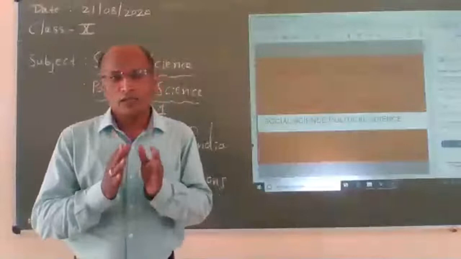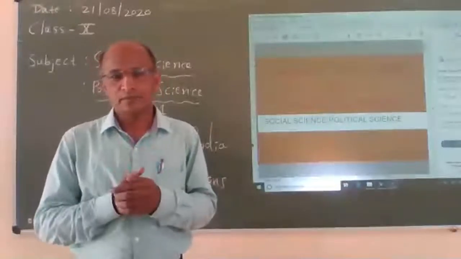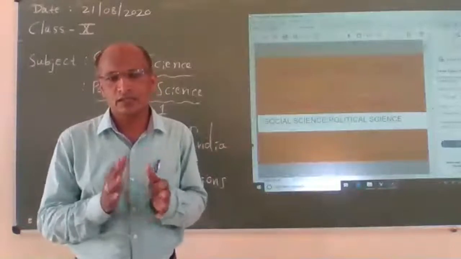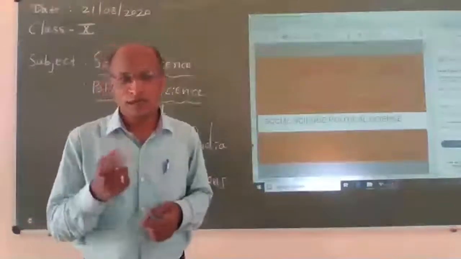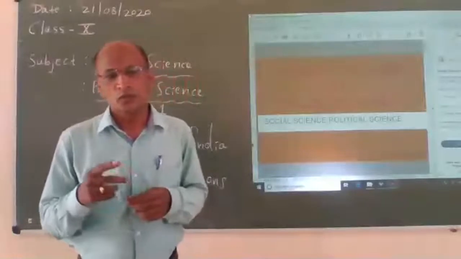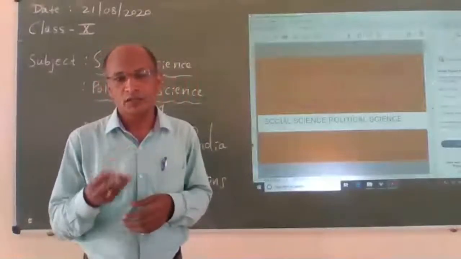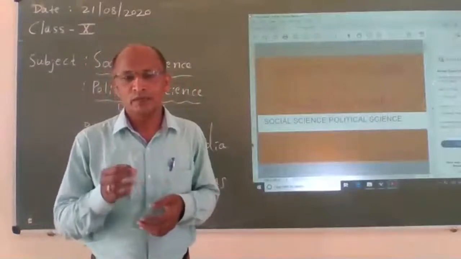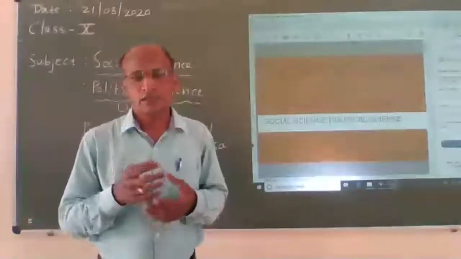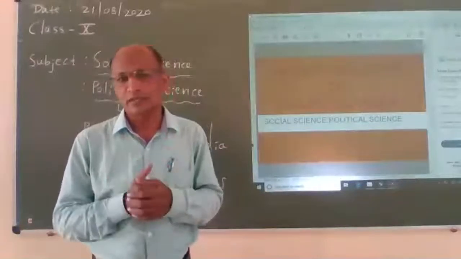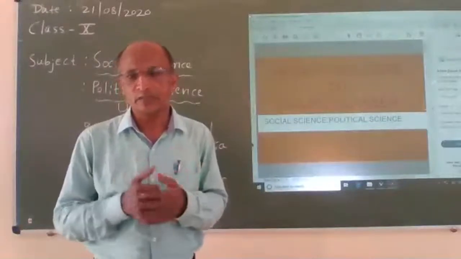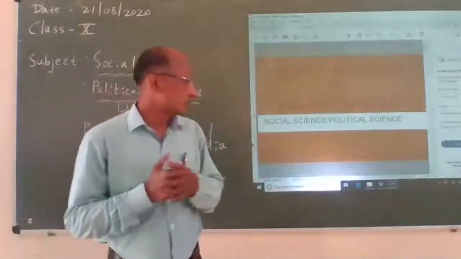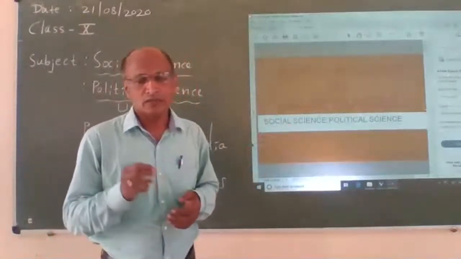Hopefully, you have a lot of ideas related to social science. We know that the social science subject has 6 divisions: 1 is history, 2 political science, 3 sociology, 4th one economics, 5th one business studies, and 6th one geography. Total 6 divisions. So, in today's class, especially in political science, we are going to take a look at the problems of India